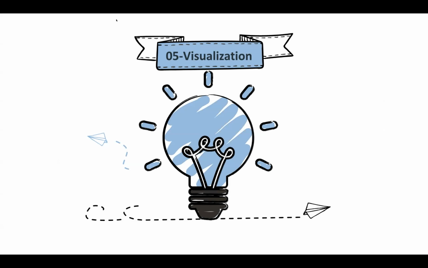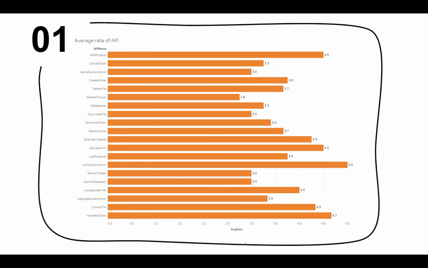Okay, so I will introduce our 3 key visualizations we have generated from our database. The first chart illustrates the average rating of various APIs in our system. As we can see, list subscription stands out with a perfect score of 5.0, indicating excellent performance and user satisfaction. Other APIs like add product and get user info also score high at 4.5. On the lower end, delete product has the lowest rating of 2.8, suggesting room for improvement in functionality or